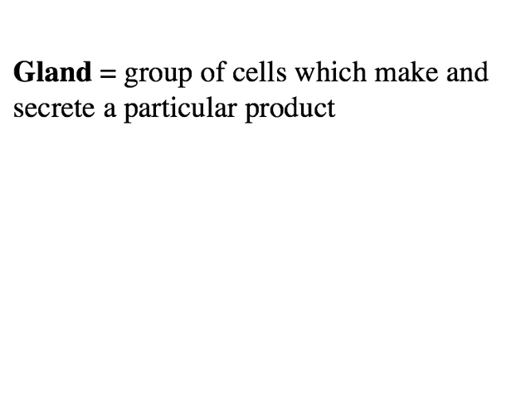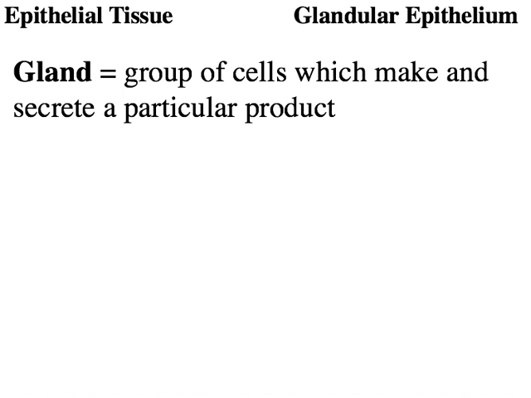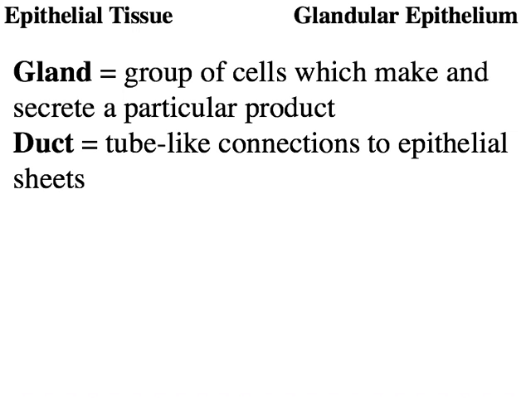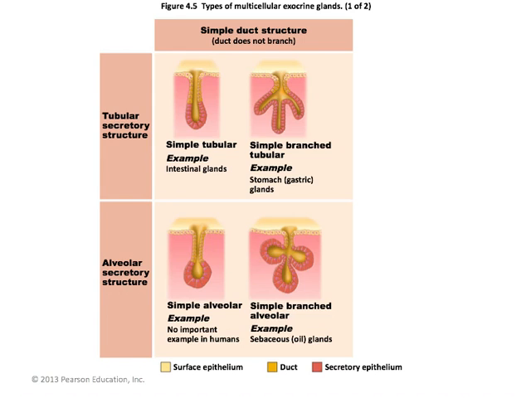The last type of epithelial tissue we'll discuss is special. It's glandular epithelium. A gland is a group of cells which make and secrete a particular product. A duct is a tube-like connection to epithelial sheets. And so there are different types of ducts and different types of glands, and you can look over these pictures here. In my class, I don't cover these in great detail, but you do have to understand that